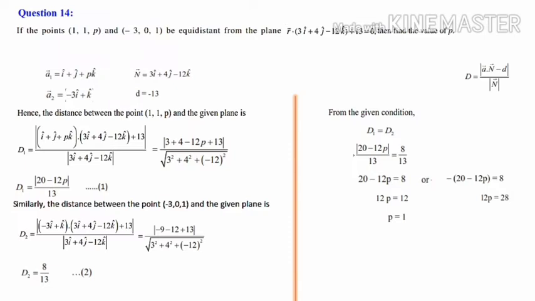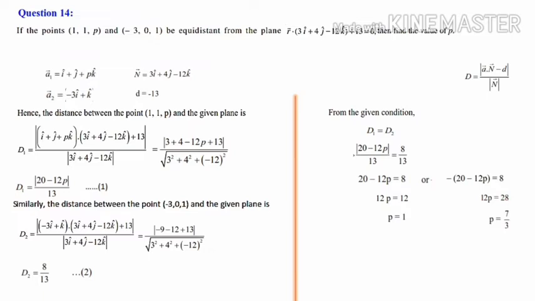Then here, minus into minus, this minus 20 minus into minus plus 12p is equal to 8. Then this minus 20, if you take to the right side, it becomes plus 20. So 8 plus 20 is 28. So 12p is equal to 28, and p is equal to 28 by 12,